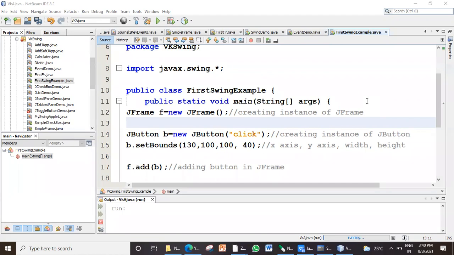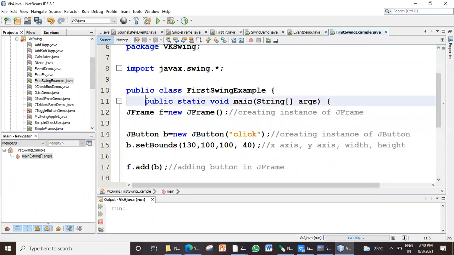Very good. How do you say that? Simple, because it has a main method. Applets will not have a main method. In applets we always have init and paint methods, right?